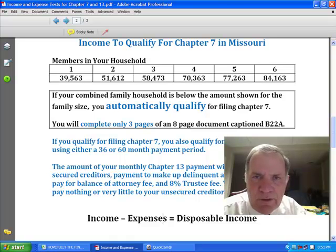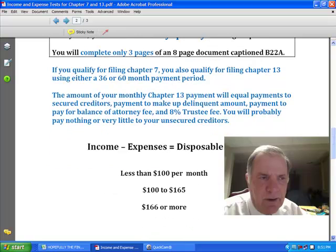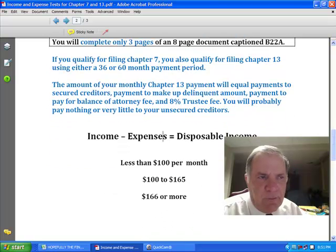So disposable, when you look at it, just think that's the money I could, in theory, have available every month to pay my unsecured creditors. I'm going to pay all my expenses out of the income, and what's left I could pay my unsecured creditors. So here's the theory of the bankruptcy statute. When we get done, if we subtract your expenses from that income number that we came up with, if we have less than $100 a month available to pay your unsecured creditors,